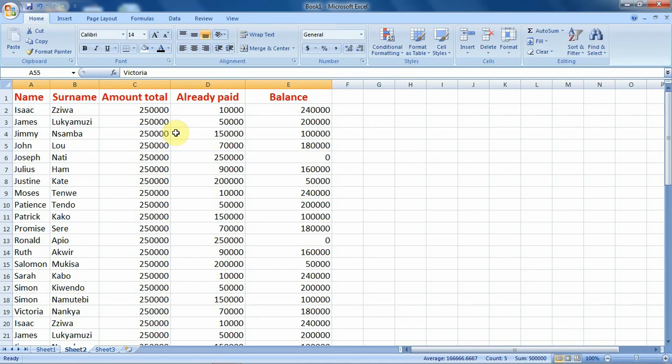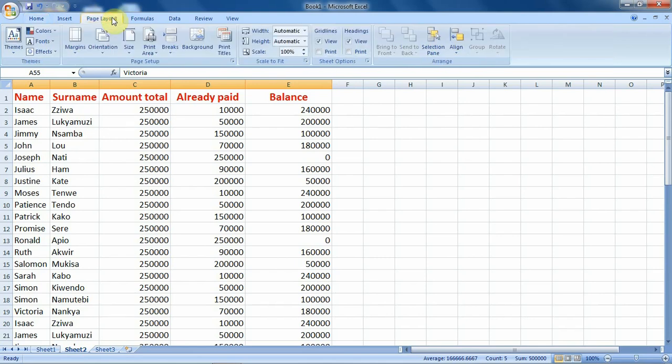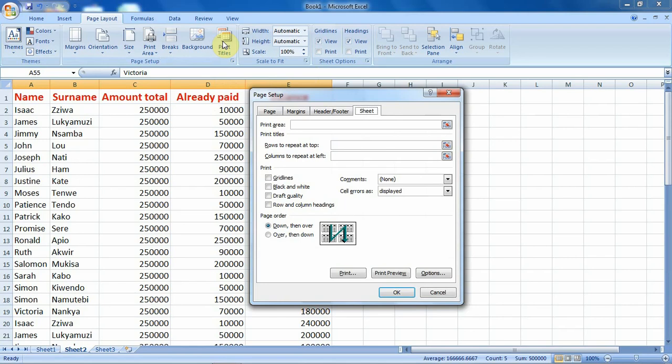So let's look at the print titles feature. This feature is found on the Page Layout tab, so we shall click on it. From the Page Layout tab, we shall work with the Page Setup group, and this is the option we are calling the Print Titles command. When you point at it, it shows that it specifies rows and columns to repeat on each printed page. So we shall click on it. When we click on it, this dialog box is displayed for us.